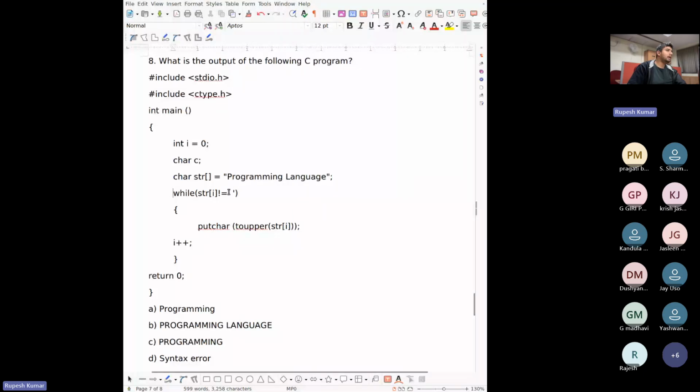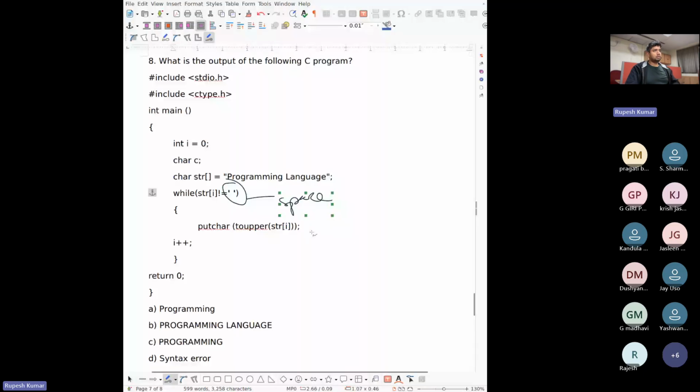Now, while str at i is not equal to the blank character, the space character. Everyone, please pay attention. In this condition I'm checking which character it is, and this is the space character basically. So this is checking for space.